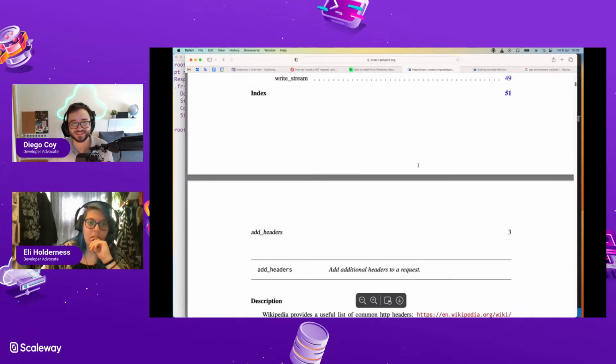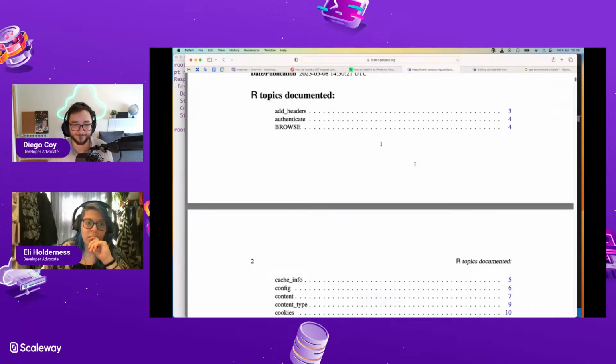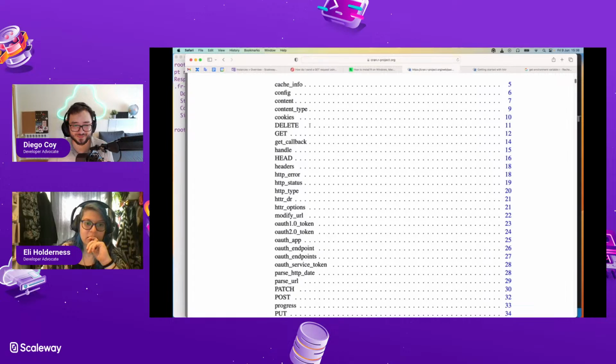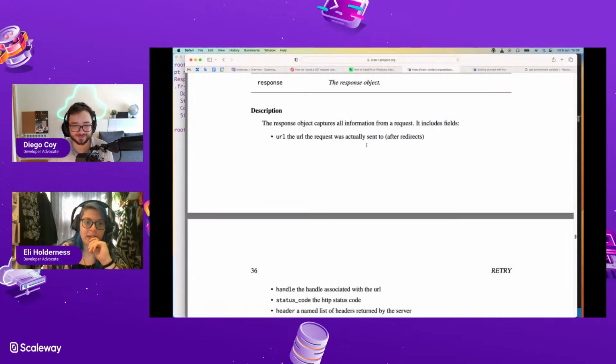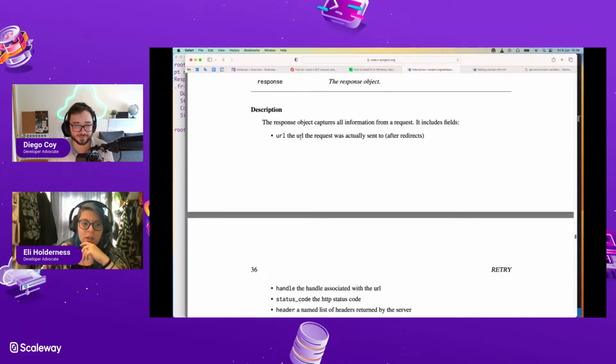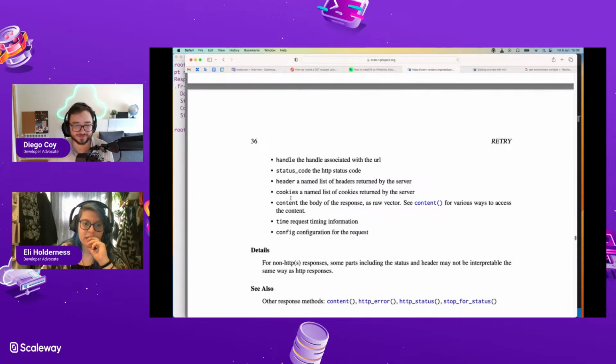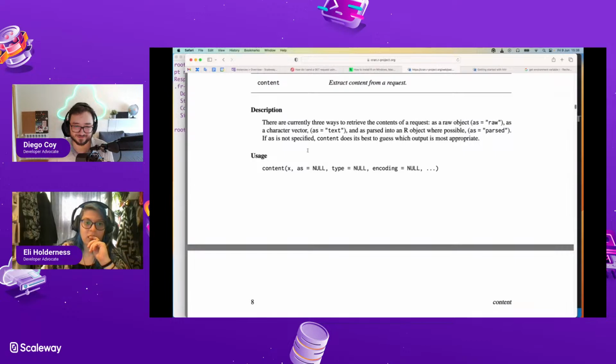Here we go. Right. So add headers, get a response object. Give me the API of that, please. Handle, header, cookies, content, the body of the response. See content for ways to access it. Parsed. That's probably what we want, right? Yeah.